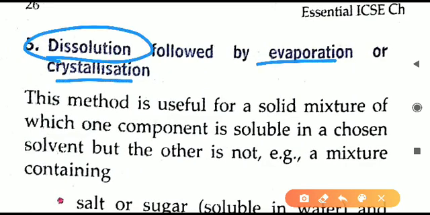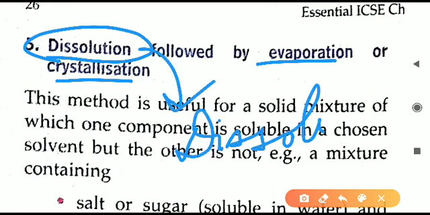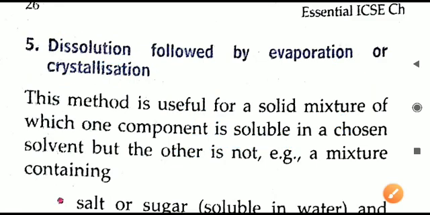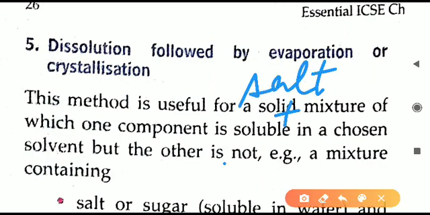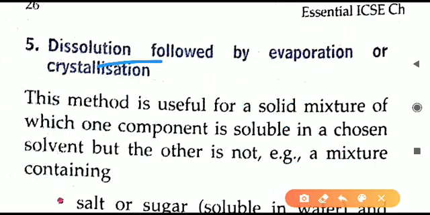So first of all, dissolution, you understand. Dissolution means if any substance is able to dissolve. For example, sugar and water can easily dissolve. For example, salt and water can easily dissolve. So if we have to separate salt now, salt has easily dissolved in water. How will we separate this salt now? For that we are using this method that we are learning, dissolution followed by evaporation or crystallization. Either we will do evaporation, otherwise we can make crystals, that is crystallization.